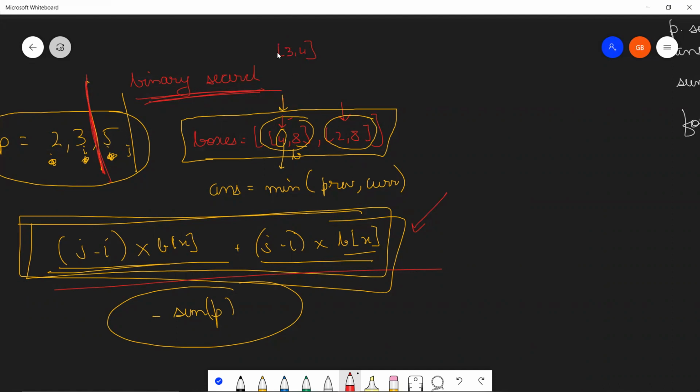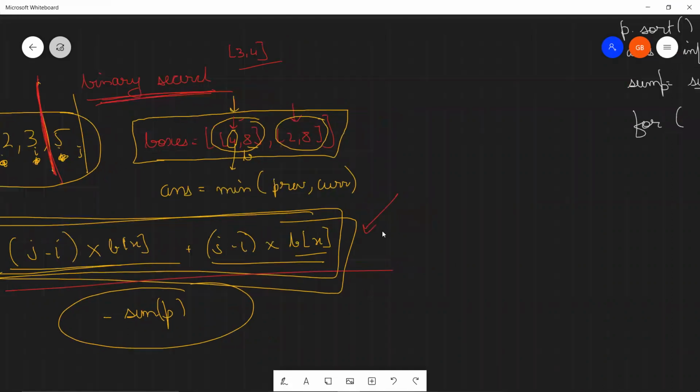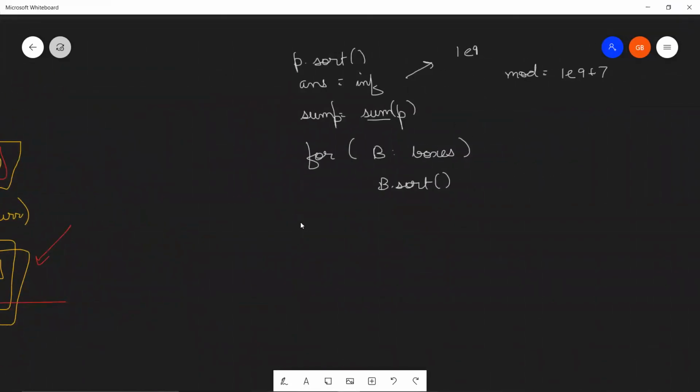Then obviously we are going to discard this supplier because it does not have a box that will be able to cover the largest size package, right? The boxes that he has, among them the largest is 4 and the largest package is 5. So since 5 is greater than 4, we are going to dump this supplier and we don't want anything to do with this supplier, right?